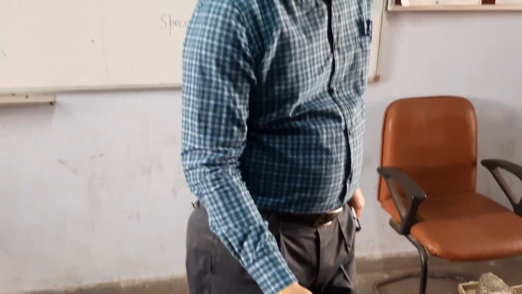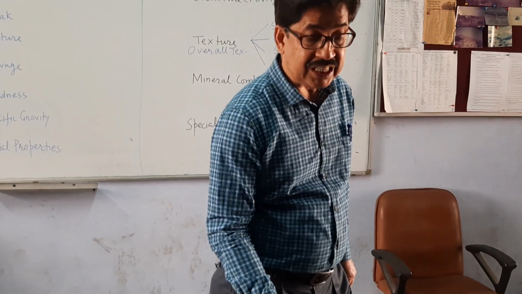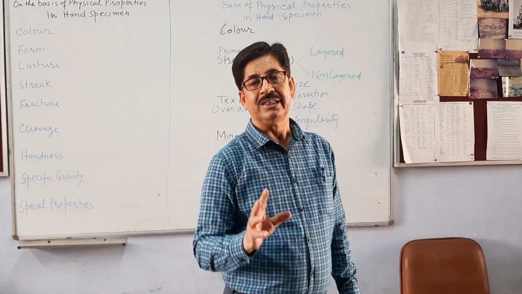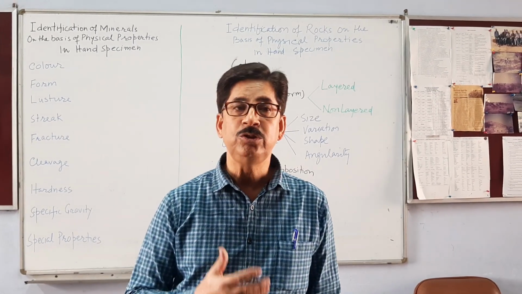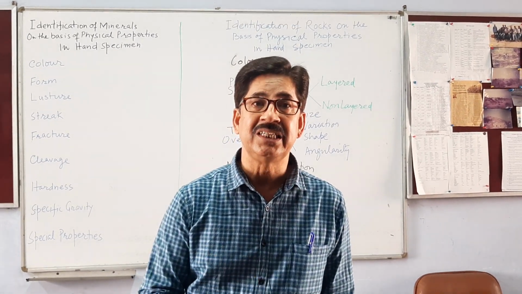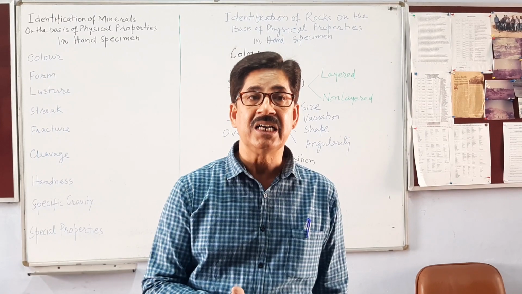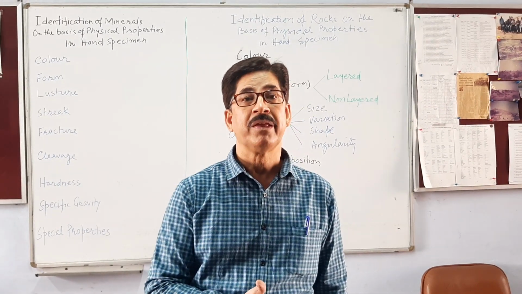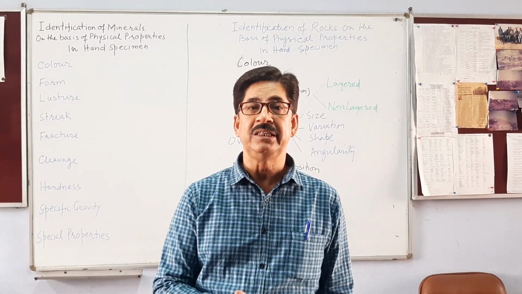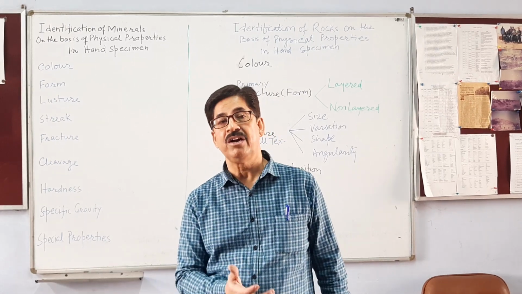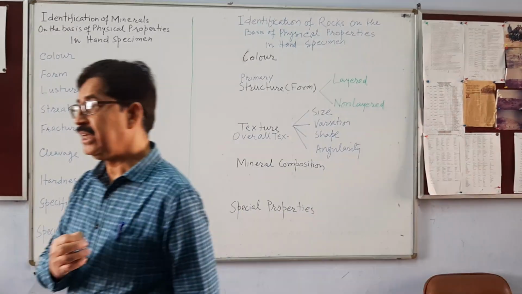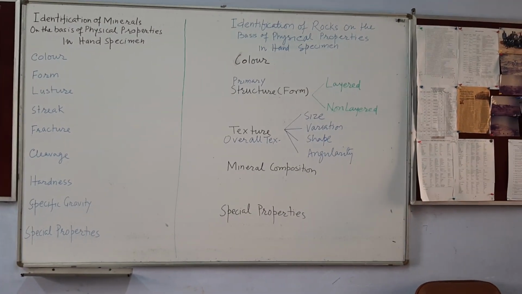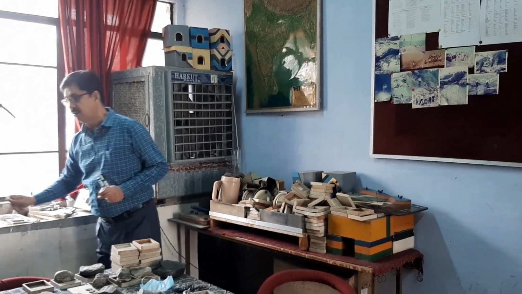So the identification of rocks starts from the field, then you see the rock in hand specimen. You can use hand lenses, magnifying glass to see the texture, and then ultimately the exact way of identification of rock rests with the thin section. We have to make thin slices of the rock.